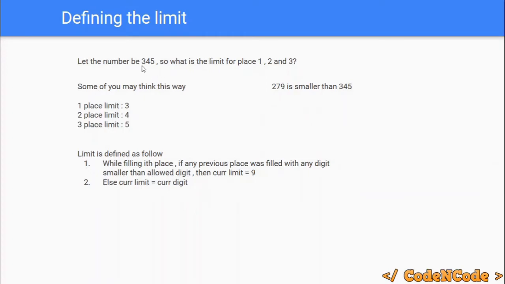Its limit was 3, but previously you have filled 2. So if while filling the ith place, you see there exists a place previously where we have filled a digit which is smaller than its limit, then the current limit becomes 9. So at the current place you can fill 9. Since you have filled the first place with 2, which is smaller than its current limit 3,